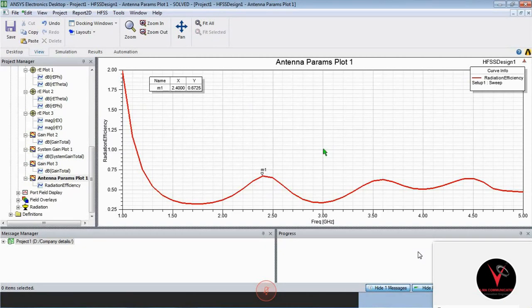Generally, how much percentage do we have to consider for antenna efficiency? Above 60% is enough. Okay, sir. Above 60% means the antenna has perfect radiation. Above 60 and below 90. If you get 100%, the emission will be high, so it affects the human body. So you take 92 as the maximum and 60 as the minimum.